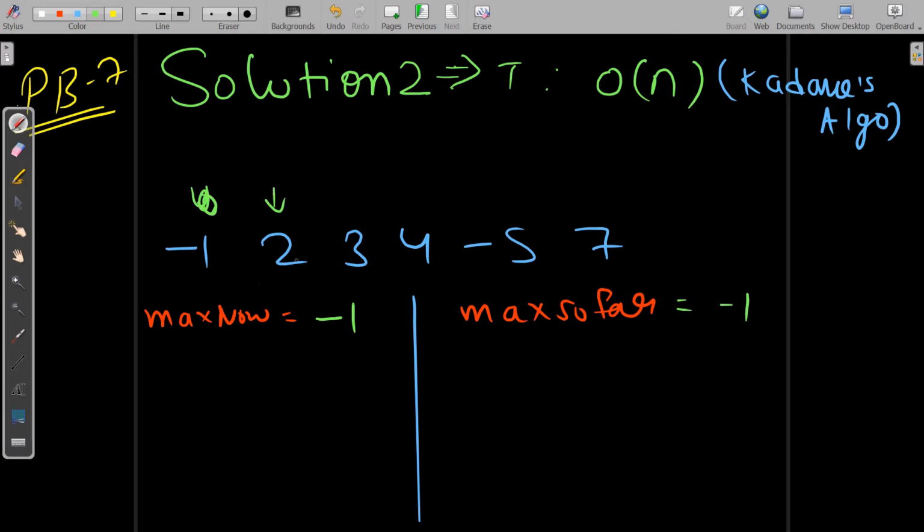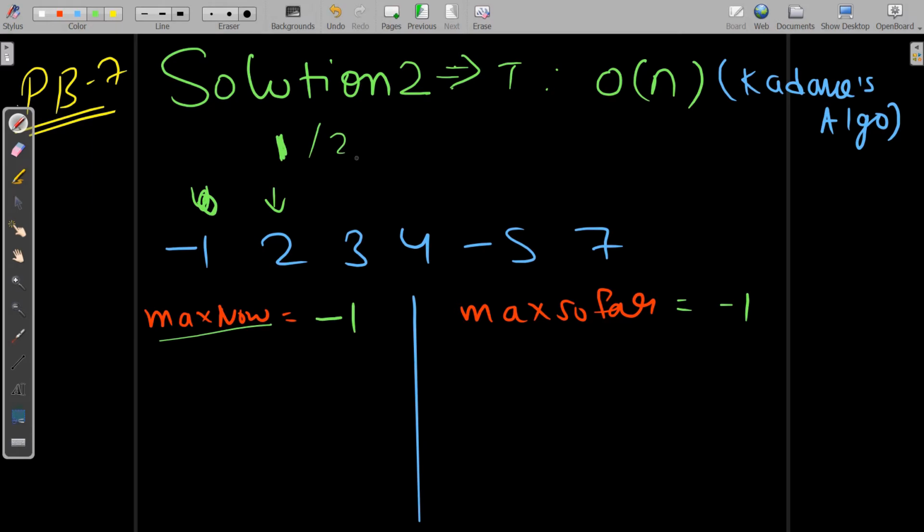Now we have 2. This value 2 will make a decision: if I add up with max now, the overall value will become 1, because -1 plus 2 is equal to 1. But if I start on my own, then I will have the value 2.